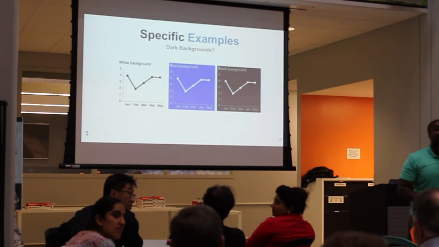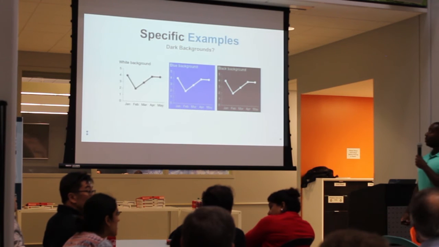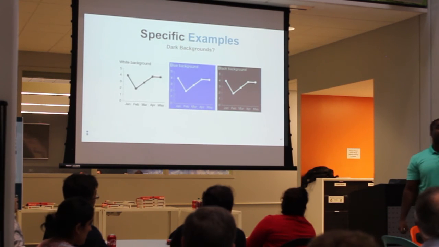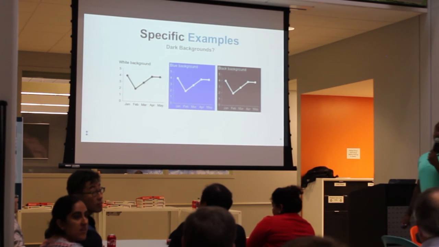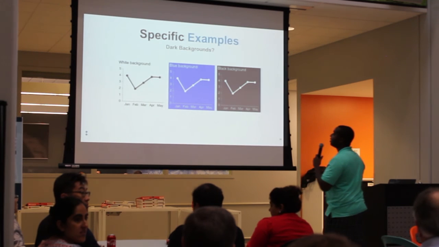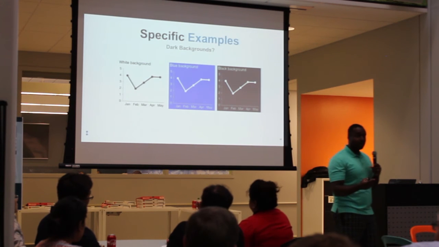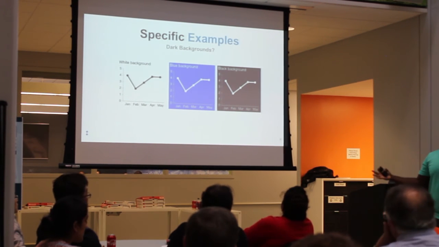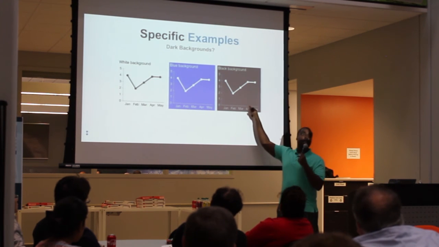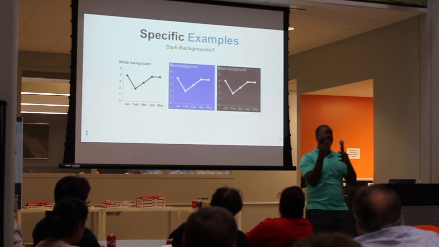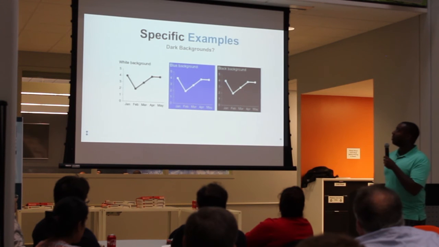Is that relative to the background of the rest of the slide though? Like if your slide were black, would you prefer the black? Right, that is true. Most slides are white for the same reason, but you are right. So if it were black, we would prefer the black one? Or is it just universally true that a white background on a chart is better? So there are two answers to that. It is universally true that a white background is better. If you had a black slide, then this probably wouldn't look as bad, because the contrast is not as big. But in general, white is better.